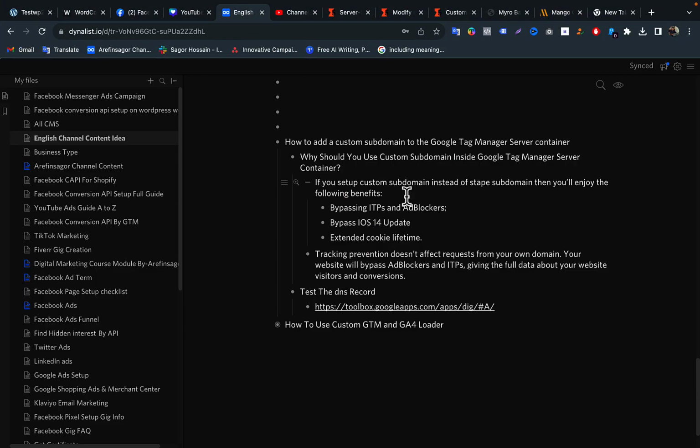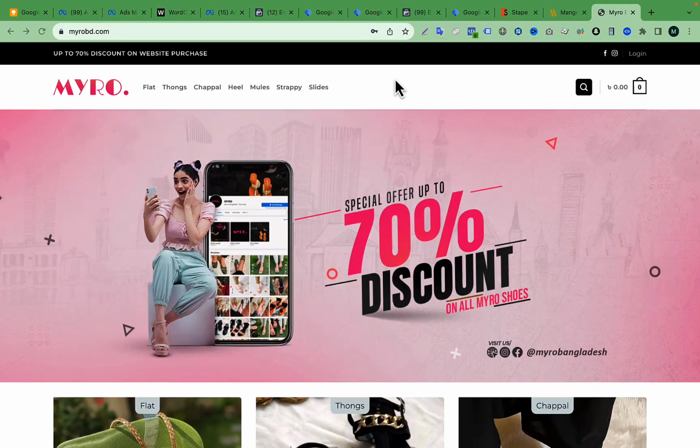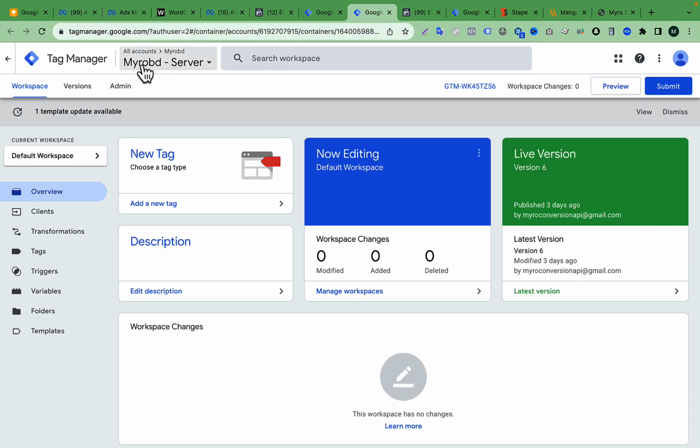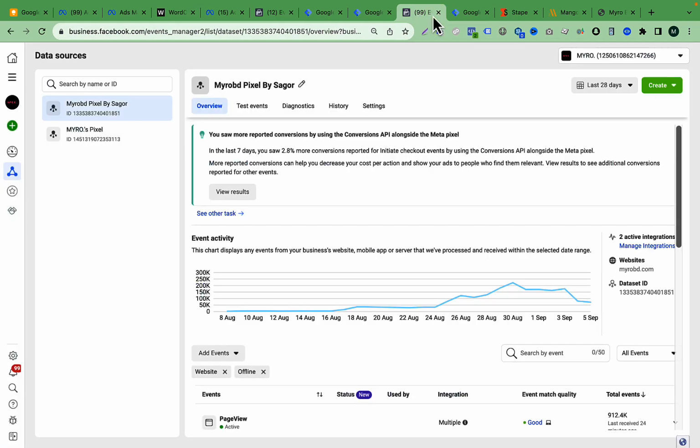also here you can see if we set up a custom subdomain in our stape.io account, these are the benefits we will get: bypassing ITPs and ad blockers, bypassing the iOS 14 update, and also we can extend the cookie lifetime. Okay, so right now in our server container, here you can see myrovideo server container, and if we go to